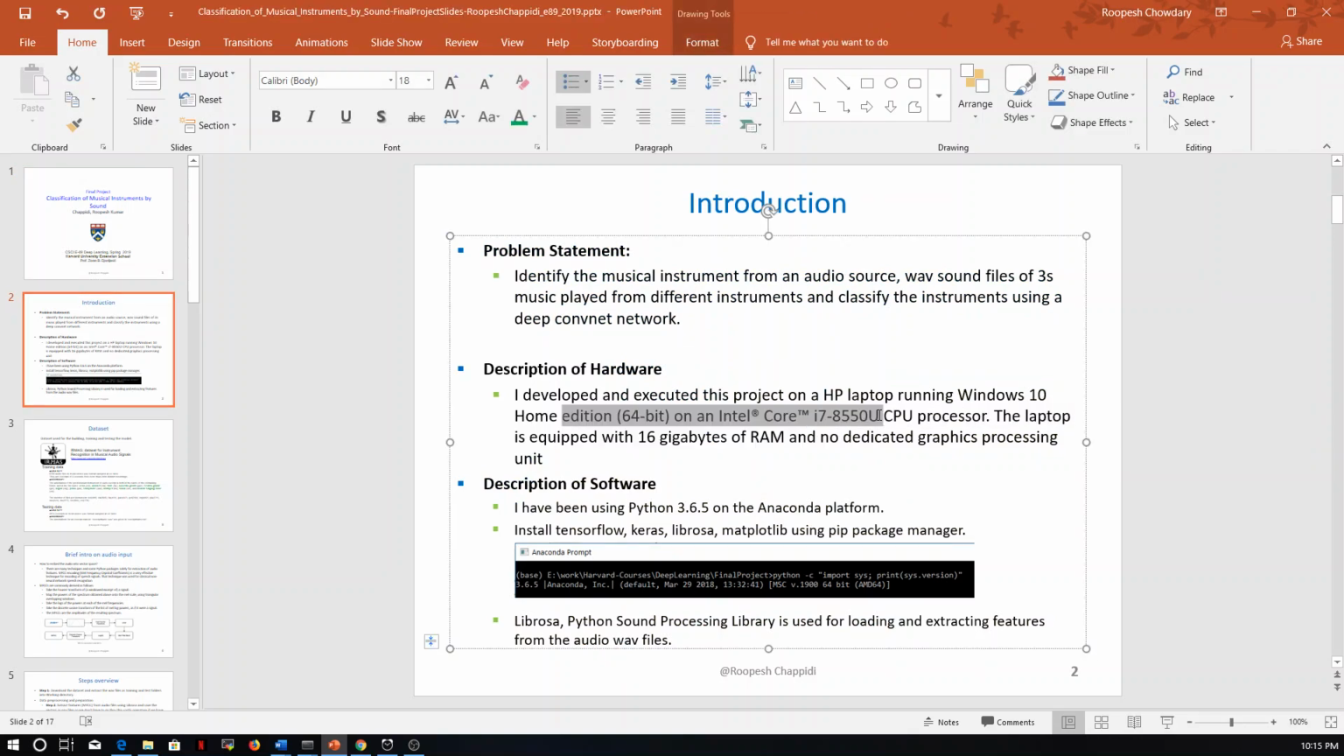It has got an i7 and 16 GB of RAM. For software, it is going to be an Anaconda Python package. So Anaconda platform with Python 3.6, and then I have installed all the required packages like TensorFlow, Keras, Librosa, which is the sound processing library for Python, and then Matplotlib for any visualizations of the audio or